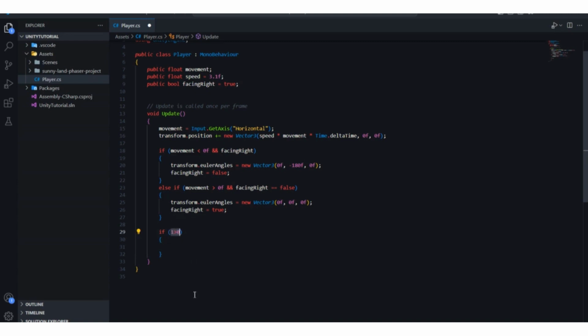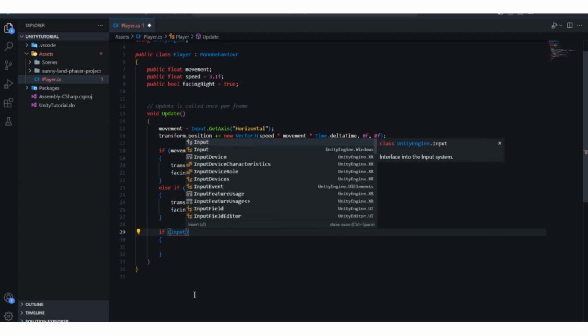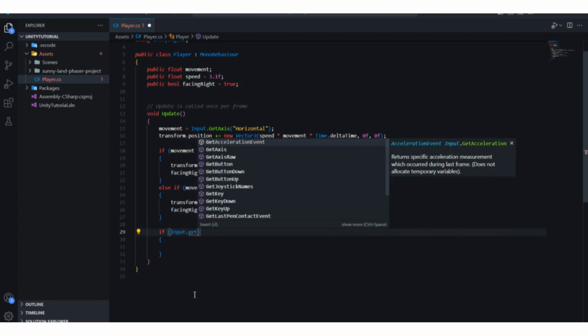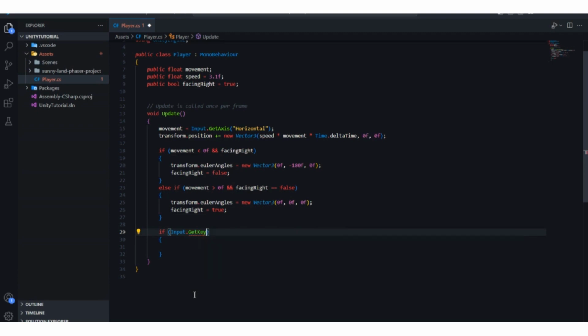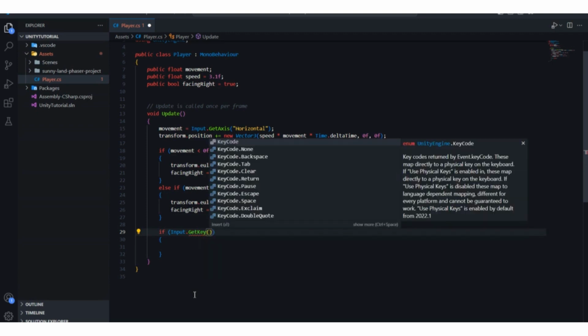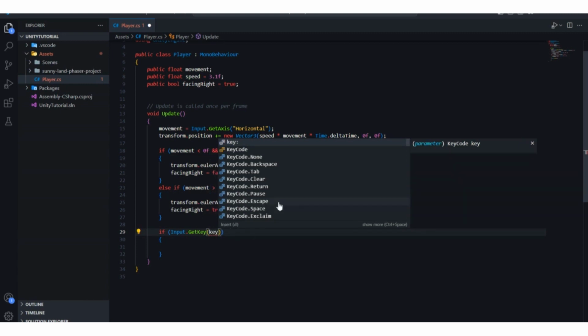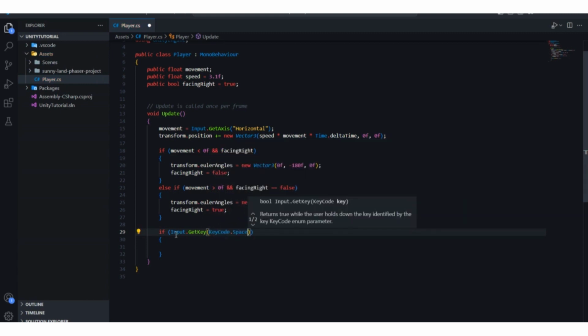So we're going to check input. We're going to use Input.GetKey. Inside the brackets we have to pass the key code. We're going to check if we are pressing the space key. If we are pressing the space key, what we're going to do,